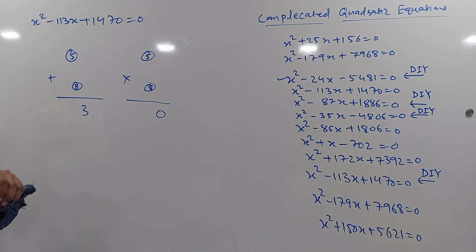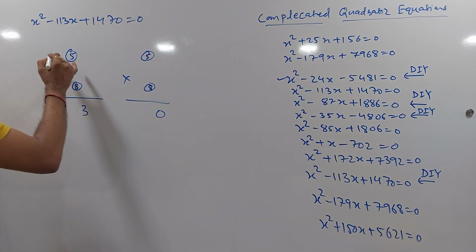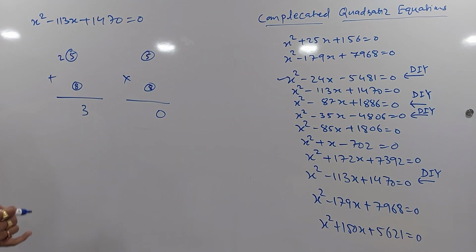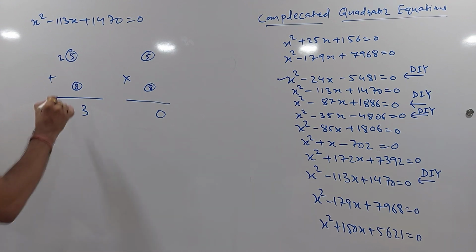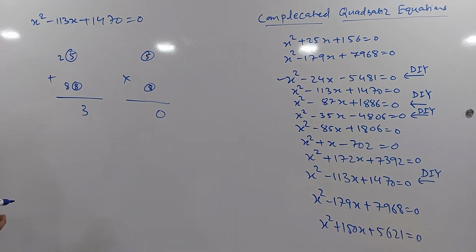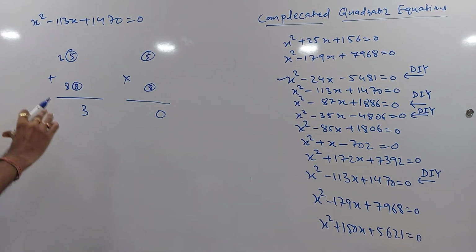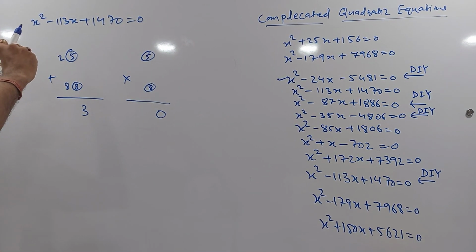So can I have something closer to that? Let me check out something like, say, 25. Just trial and error: 25, and in order to reach 113 it should be 88. So am I getting it? No, I don't think so. It's giving me 2200. So it's bigger than this. That means I need to reduce my range.